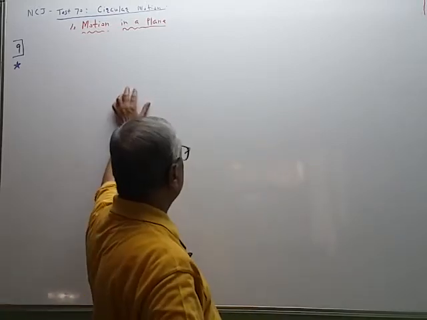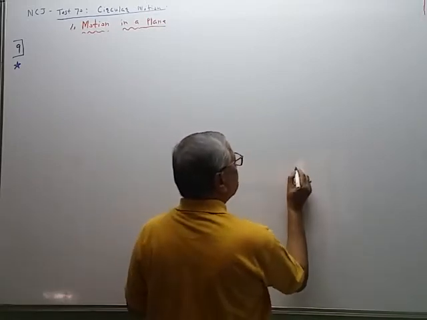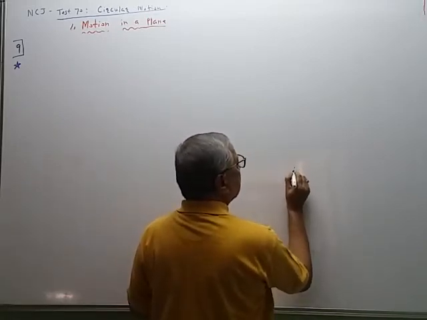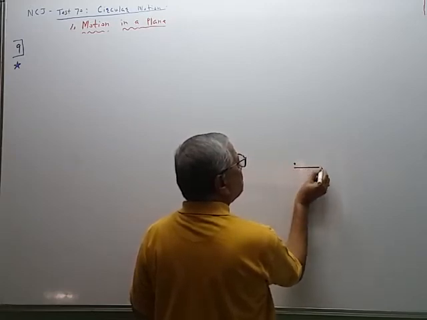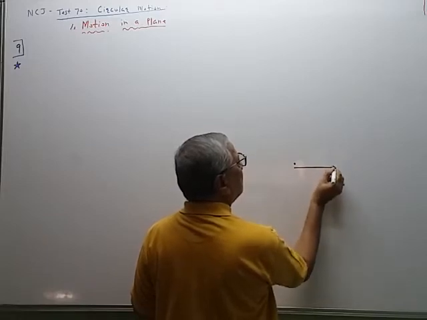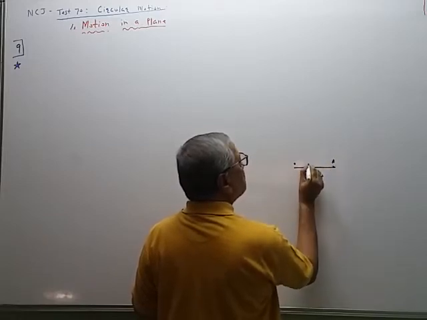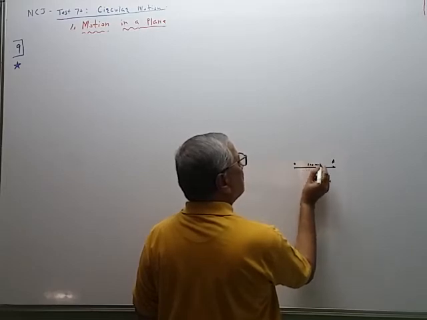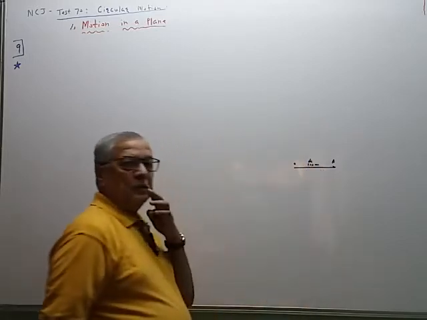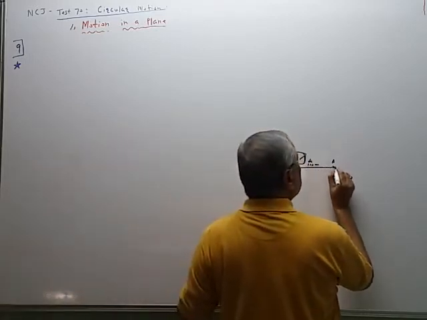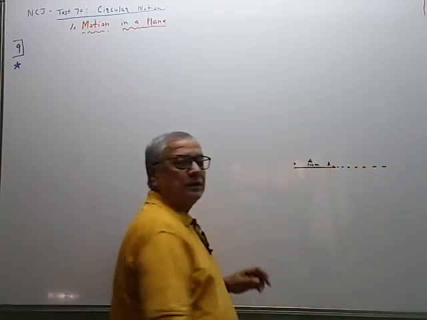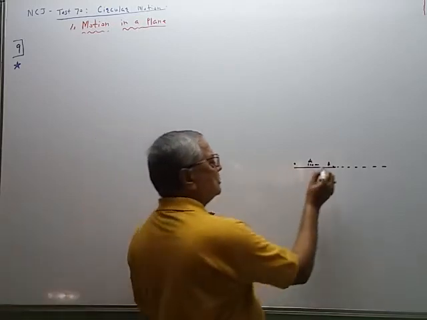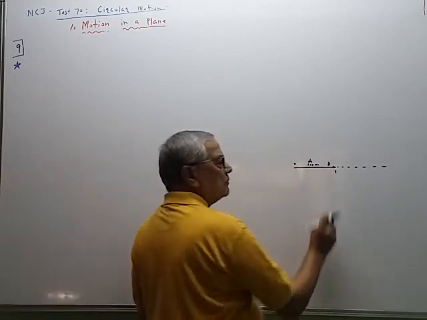The correct diagram I will draw here. Suppose the cyclist starts from O. So it goes in a straight line path up to the point A. This distance is 100 meter. Better way, I will call it D. Now, this is the initial direction. So OA is a displacement up to the first turn. The number of turns I will denote here.